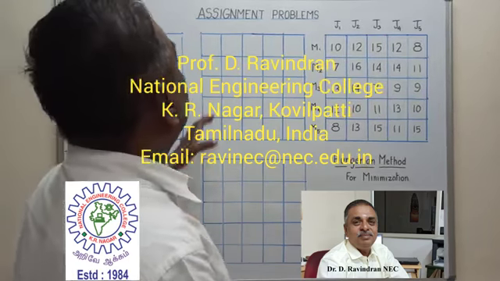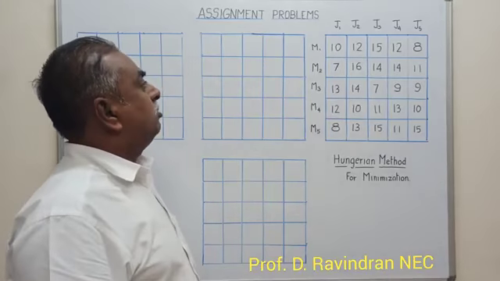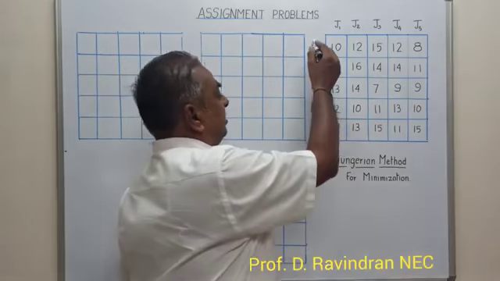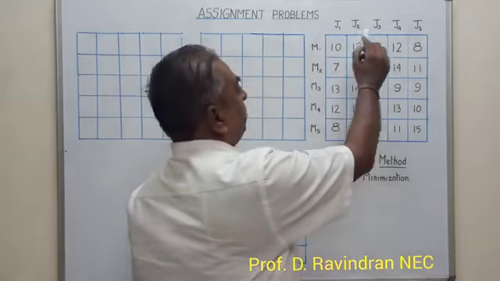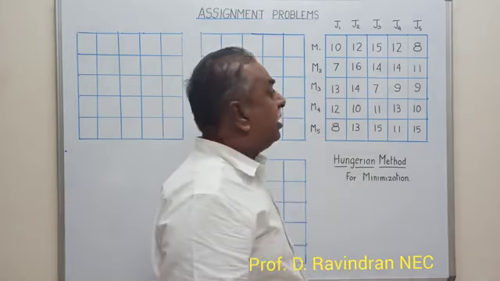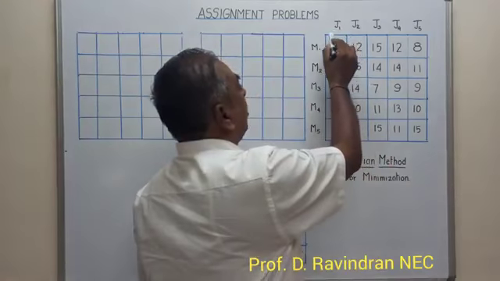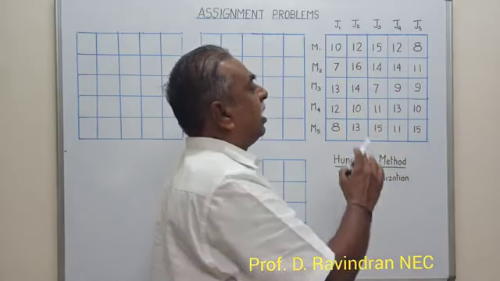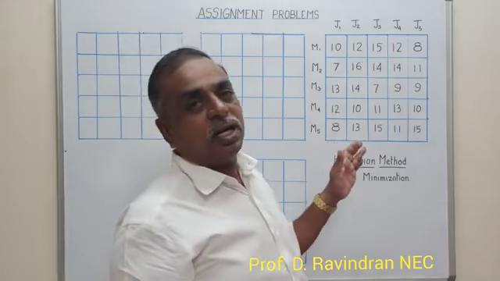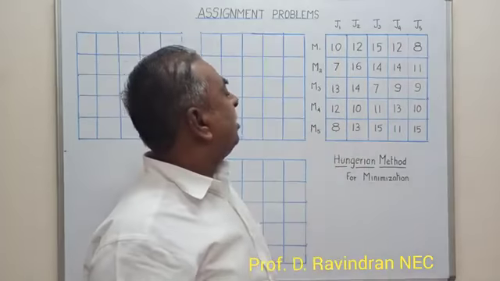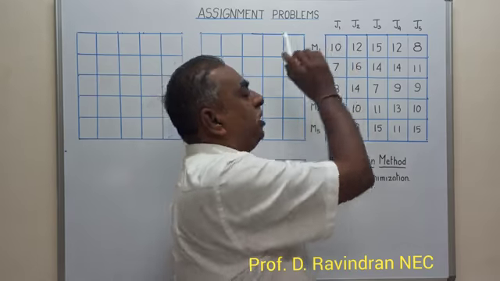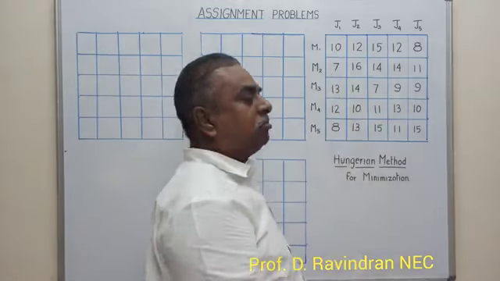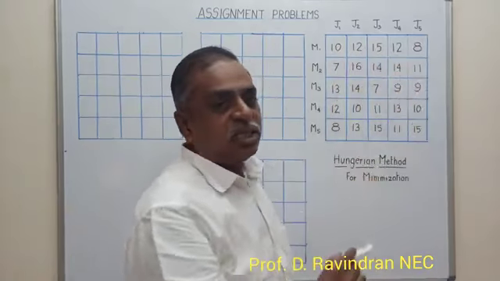Hello everybody. Now we are going to discuss the assignment problems, wherein the problem situation is explained by this table. Let us consider there are 5 machines and 5 jobs. These values indicate the cost of processing a job on a machine. In this problem, our idea is to minimize the total cost of machining, allocating on a one-to-one basis. That means the assumption is that one machine will be allotted to only one job. Now this total cost has to be minimized.